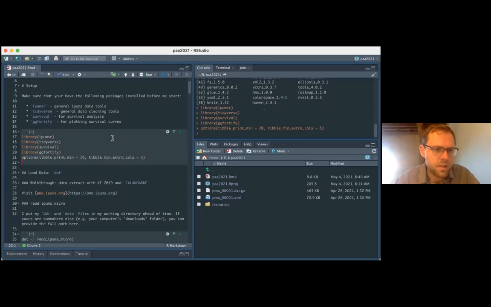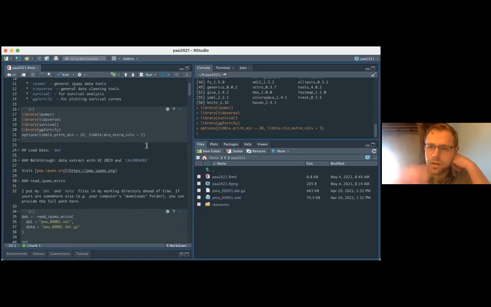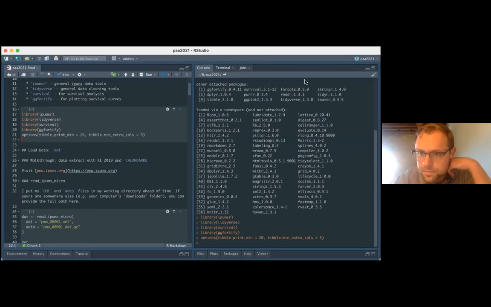I'm also just going to set the default for our data frame viewing to 20 rows, just so that you can see everything in this tiny window that I have. I'm going to minimize this. Okay, so